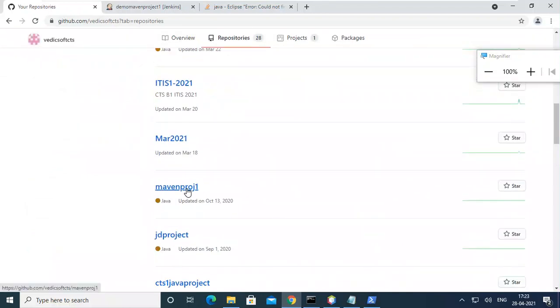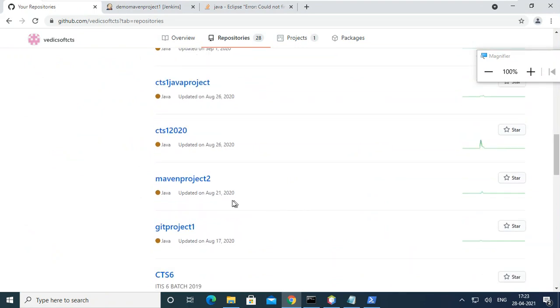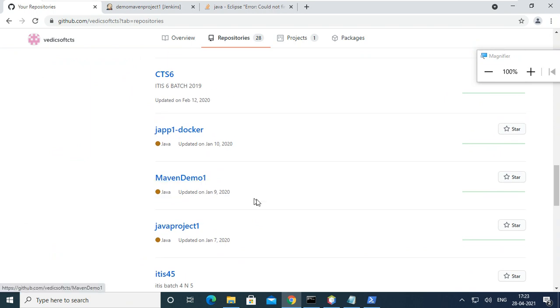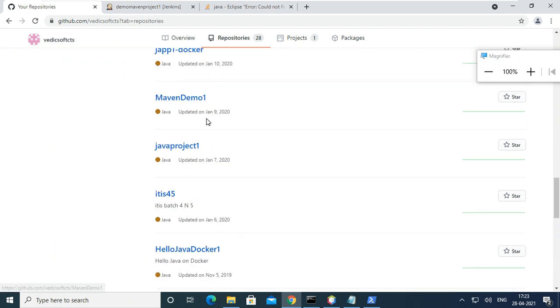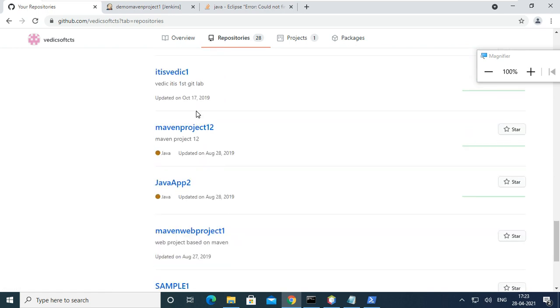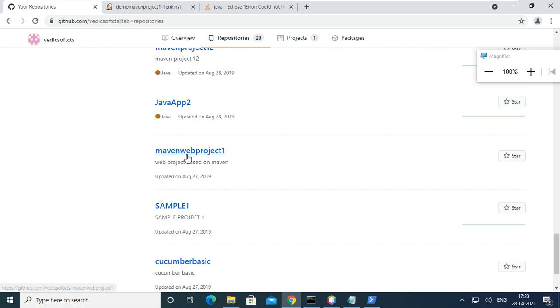One is Maven Project 1, another one is Maven Project 2, Maven Demo 1. The old ones are guaranteed working: Maven Project 1, 2, Maven Web Project 1. The old ones are guaranteed working because we did them carefully.